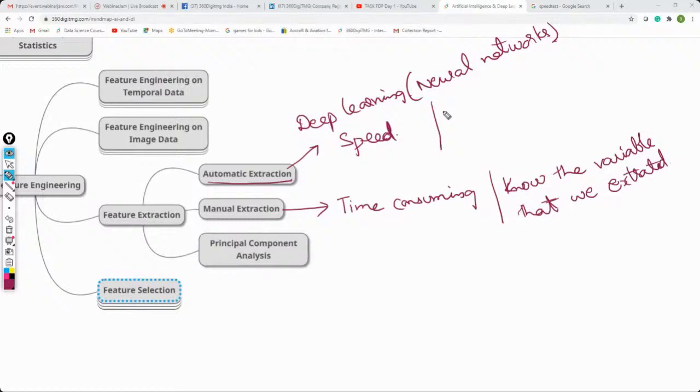But do you know what? It is also called a black box technique. What does that mean? In flights, you'll have the black box, right? They take the black box only at the time of a flight crash to analyze what went wrong, right? But nevertheless, here you will not come to know